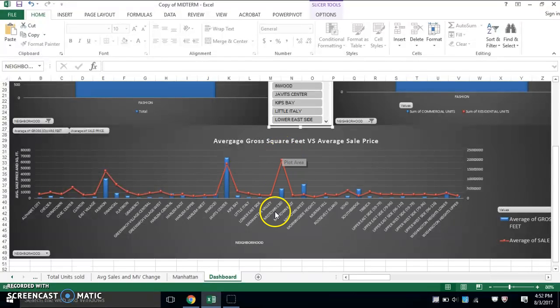Typically, Midtown is a very business-oriented area. As you can see here, Midtown CBD, the average sale price is all the way up here, but the average square footage is down here, as compared to the Javits Center area that is known for more industrial usage, where they're getting a lot more square footage for their money than in other areas. The average sales price compared to gross square foot will give you an idea about what you might be getting into in that neighborhood,